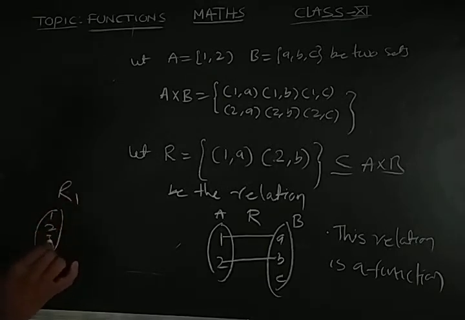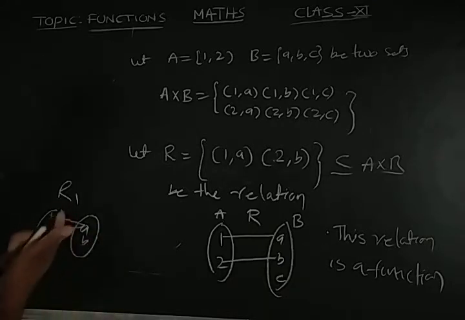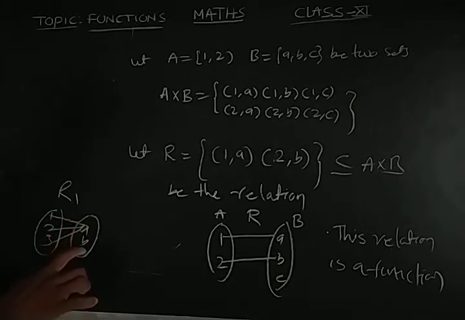Here you have 1, 2, 3, and here you have a, b. Now, is this relation a function? No. Why? Because 1 has one image, 2 has one image, but 3 does not have any image. So it is only a relation, not a function. If you relate 3 with a, now it is a function. Why? Because every element of the domain has one image. 1 has a, 2 has image a, 3 has image b. I left one element in the codomain, no problem.